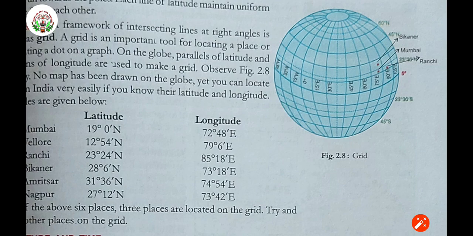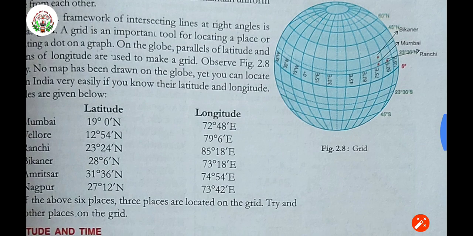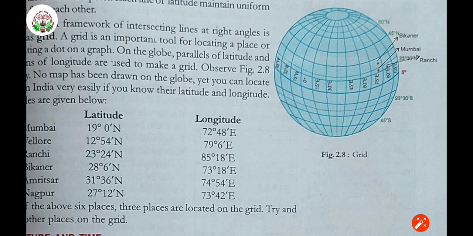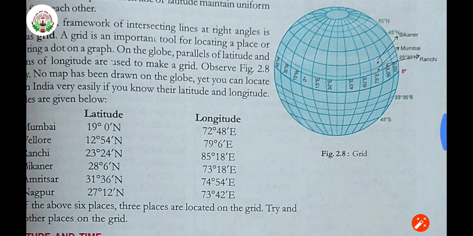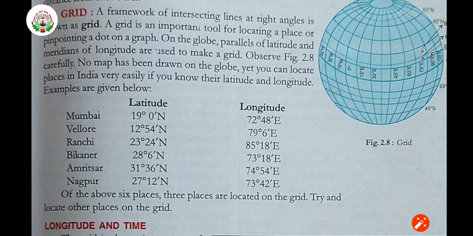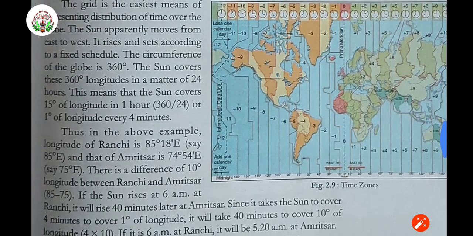So you can see from here, 23 degree will be coming upstairs from 0, because the equator is going to come here, 0. Then east, all are given in the east direction only. If it were given in the west direction, then we would take from 0 degree towards the west side. And if south is given, we take below. In this manner, we are going to locate the places in the grid lines.